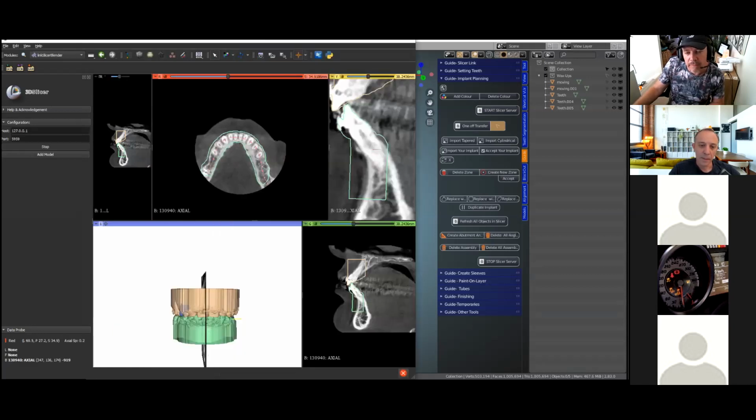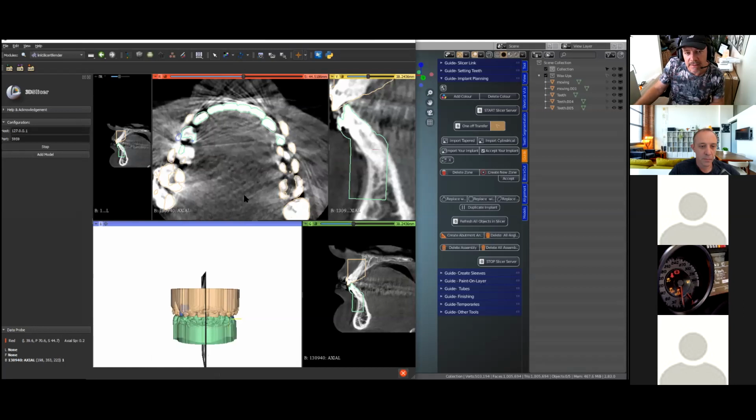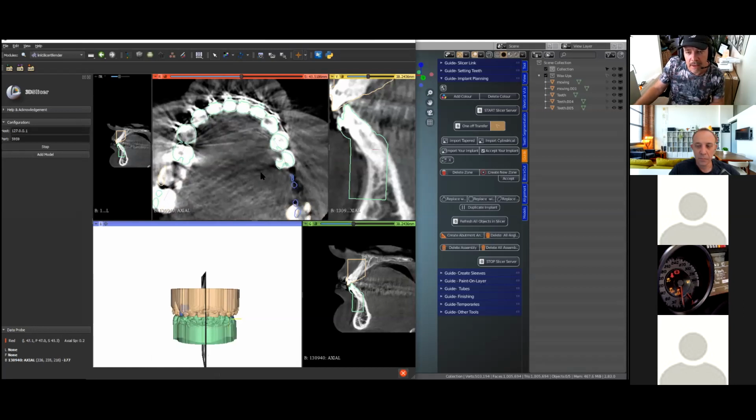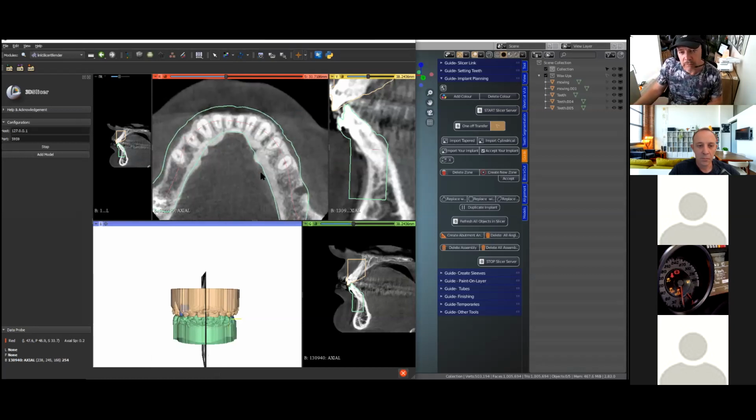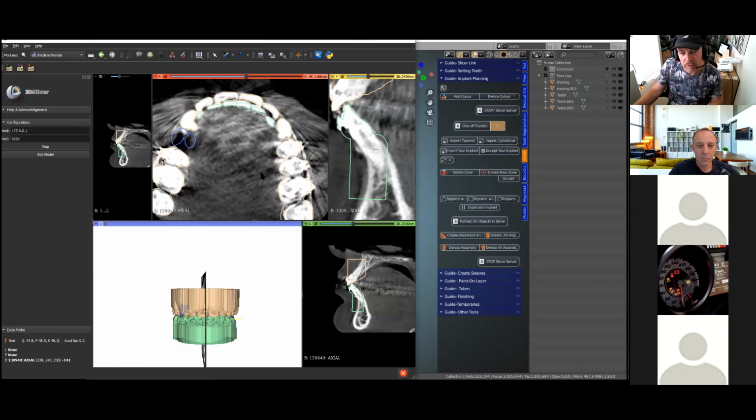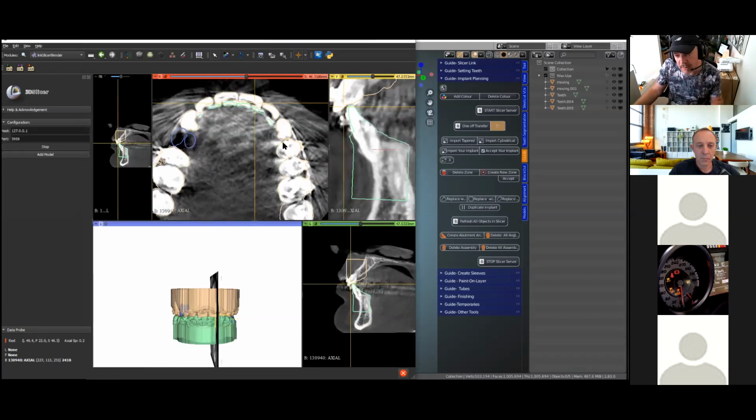Now, the first thing we need to do is inspect if in fact the ICP has done its job. And if the model is not aligned correctly, which means that when you're placing your implant and then the guide, it's going to be out. Okay, so this is very, very important, just to move through the slices and then just see whether you've got a good alignment, which we have. Okay,